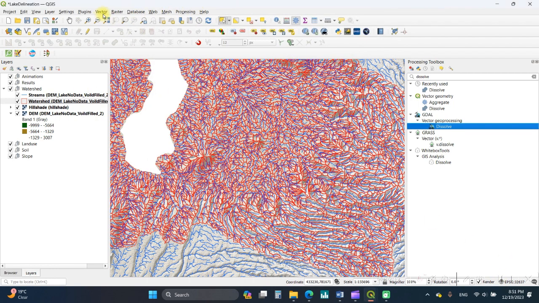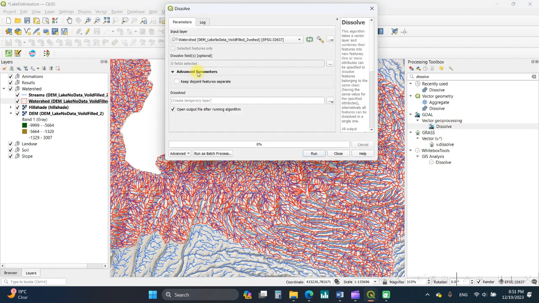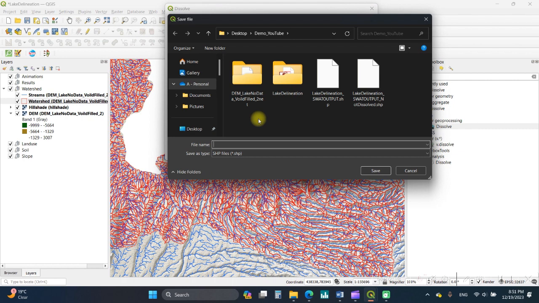Now instead, come here, vector, geoprocessing tools, and dissolve. Here, make sure that you are selecting this my watershed, and then come here. Maybe you can save as